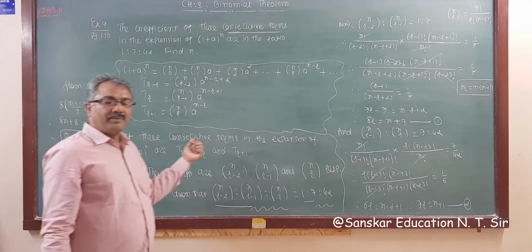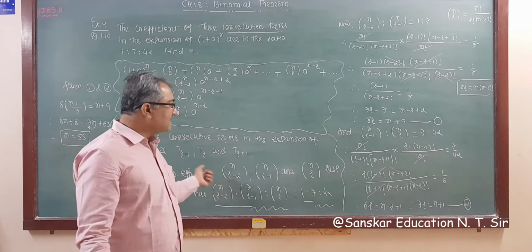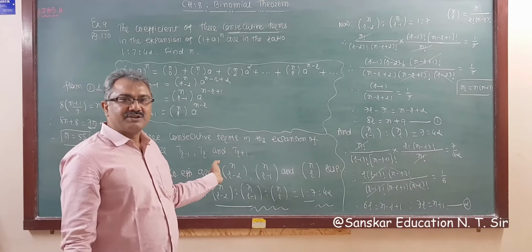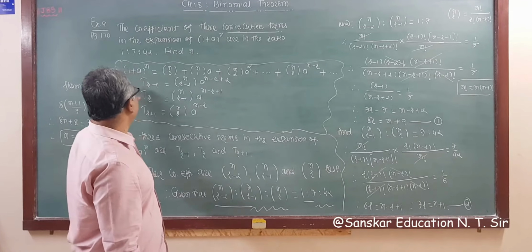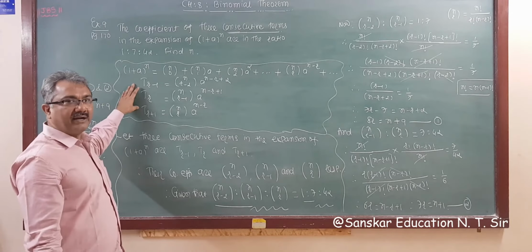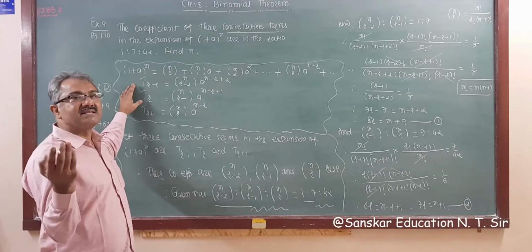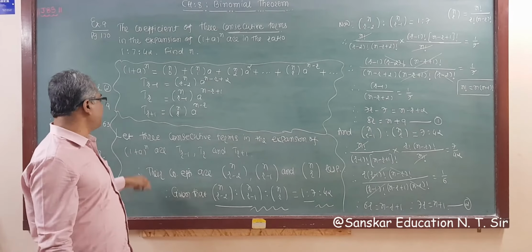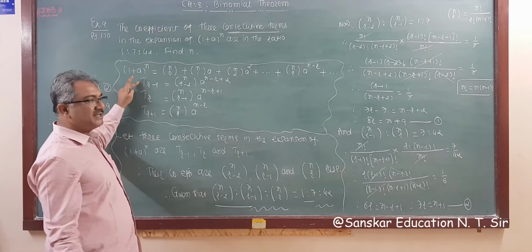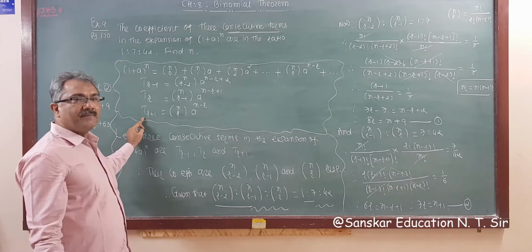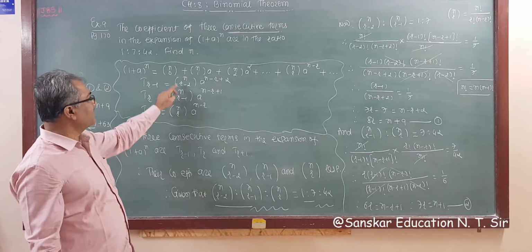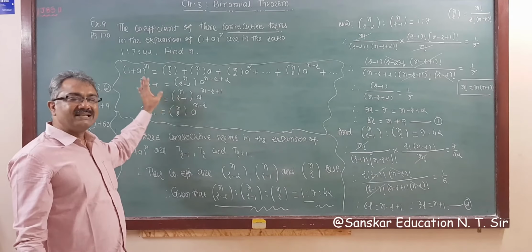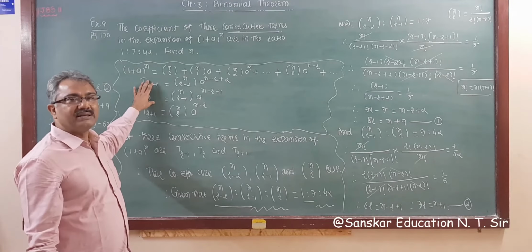Remember, we did this type of question, similarly this question in permutation and combination also. It's a nice question, but this understanding is required because we have to take 3 consecutive terms. If we consider 3 consecutive terms, tr minus 1, tr and tr plus 1, then the coefficients of those terms will be nCr, nCr minus 1 and nCr minus 2. This is the important thing for solving this type of question.